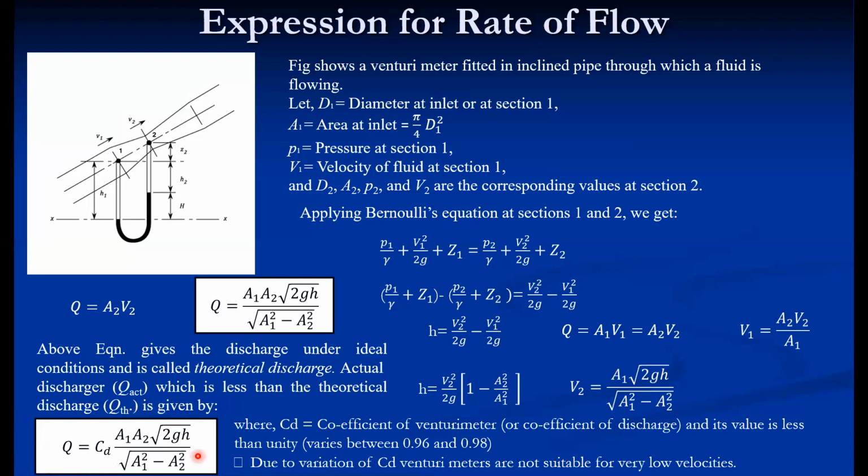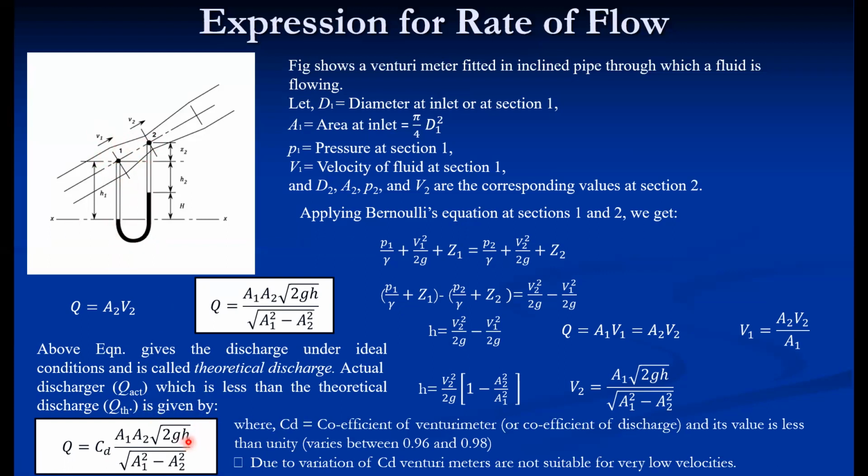So as per the principle, h is the difference in piezometric head that is measured by using a manometer or U-tube differential manometer. That means the only variable in this equation is h. According to the principle, if we reduce the cross section of the flow passage, a pressure difference is created, and measurement of this pressure difference enables us to find the discharge in the pipe. So we only have to measure this pressure difference, that is in terms of h. So h is nothing but the difference in piezometric head in meters of flowing fluid.